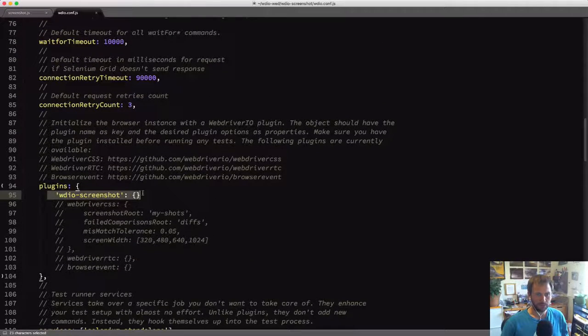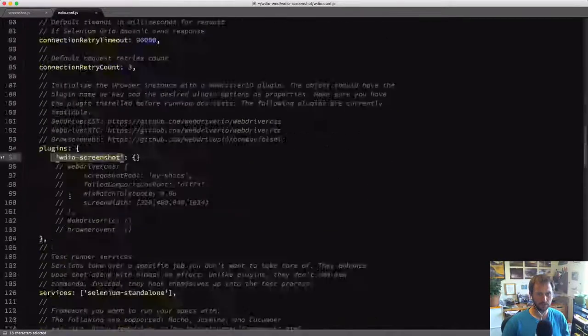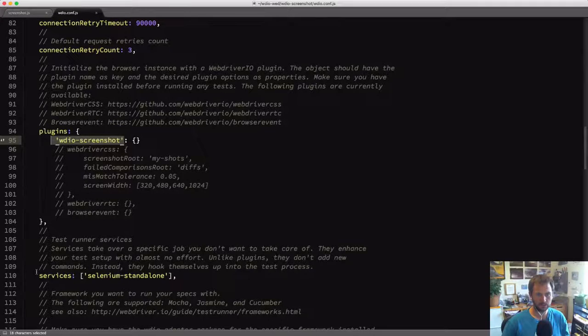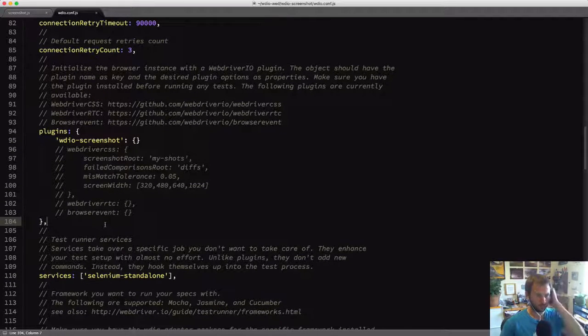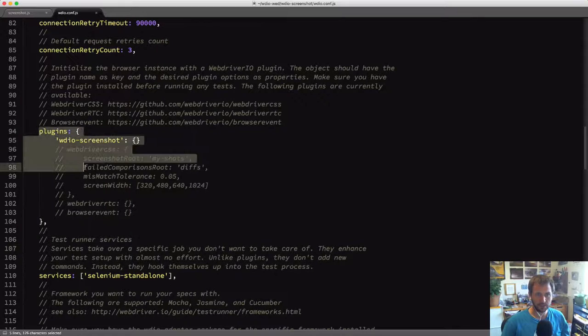And the plugin I'm going to use is WebdriverIO Screenshot. It's not a service, it's a plugin. There's a little bit of difference between the two. Let's see if I can find my services. There's my services. There are my plugins. So those are different. I'm not really sure how they're different, but I know that they're hooked in differently. Unlike plugins, they don't add new commands. Instead, they hook themselves up into the test process. Okay, so that makes sense that plugins